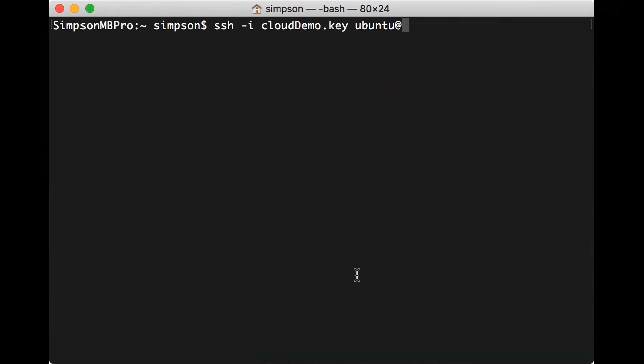So ubuntu and then @, and if you remember before, when I saw that floating IP, I copied it right away. So I'm going to paste, sorry, wrong key there, cloud demo dot key, ubuntu @, and it's not the right address, so let me go back.